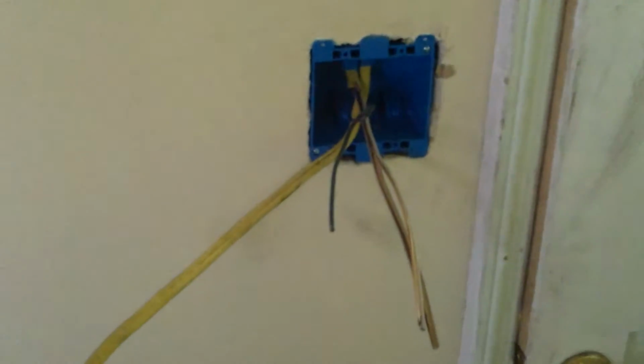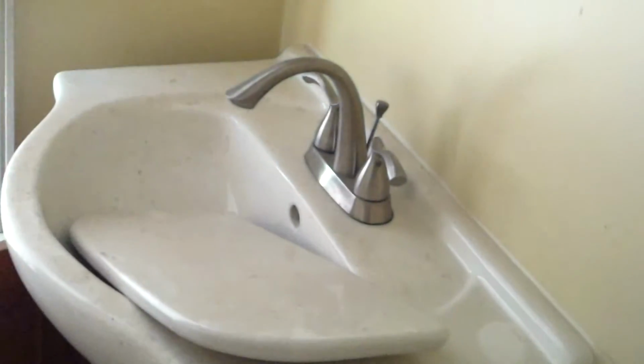This is one of the bigger projects that we have. Because of the diligence of ourselves here on the ground, our partners, as well as our contractors, went ahead and bit the bullet. We have a second half bathroom here with a beautiful sink, brushed nickel fixtures, new toilets gone in,